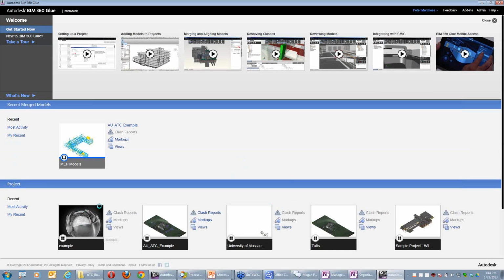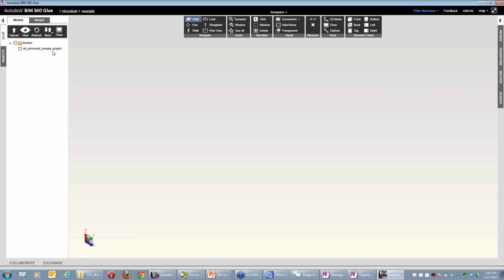So I'll open that up, and I'll be able to view the content from there and start setting up my project. Now at first it's not going to be much. It's just that one Revit structure file. If I double click on it, that loads it up and I'll be able to see. But what I'd probably want to do if this is my first project is actually set some standards, create things, and organize this. So what I can end up doing is not just view my model